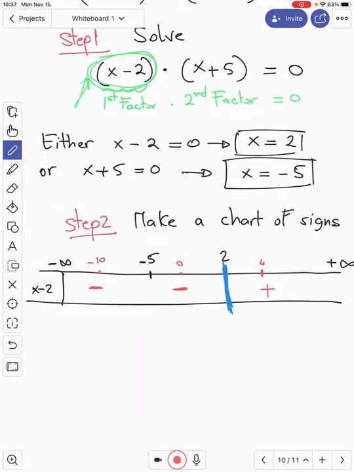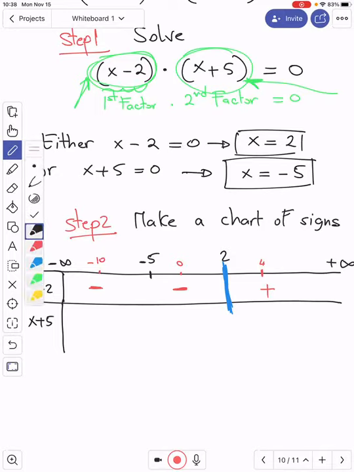And now, what about my second factor? Second factor, it's actually x plus 5. So I'm going to do the same thing for x plus 5. I'm going to make another row, a second row with the x plus 5. If you pick a number on the right side of -5, for example, if you pick 0 or if you pick 4, right? 0 plus 5 is going to be positive. 4 plus 5 is going to be 9, it's positive. So on the right side,